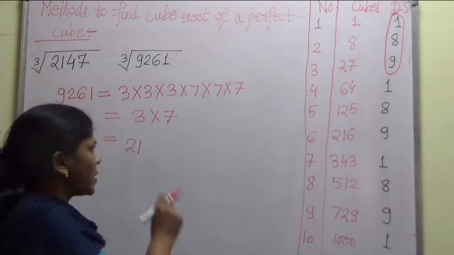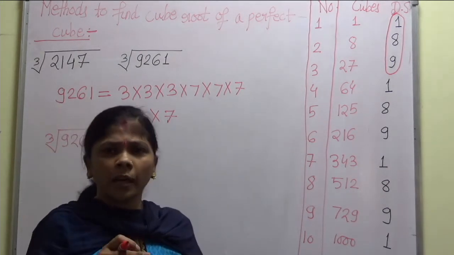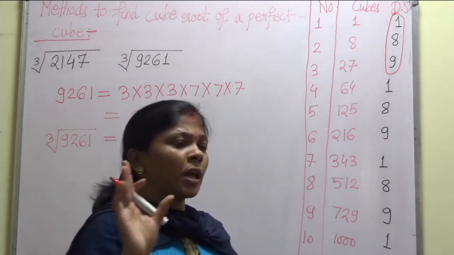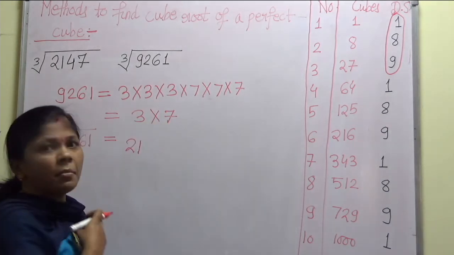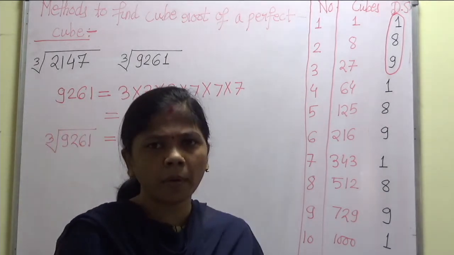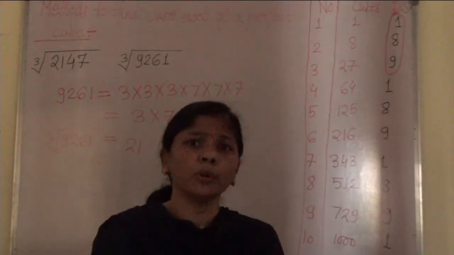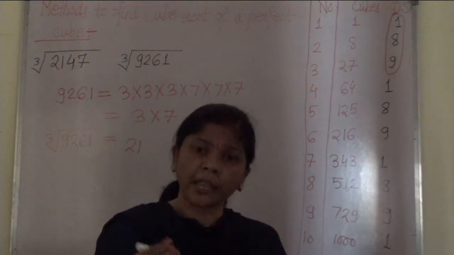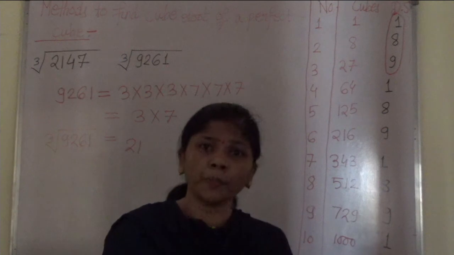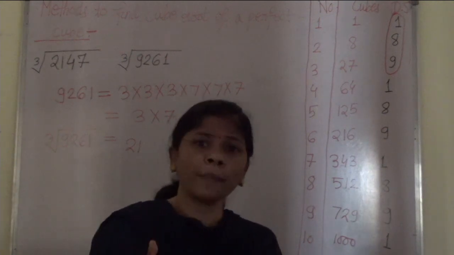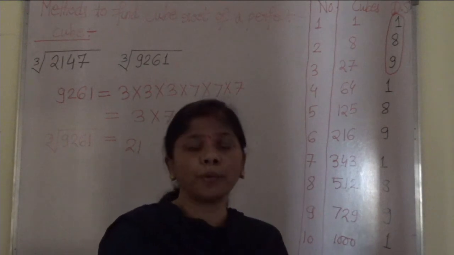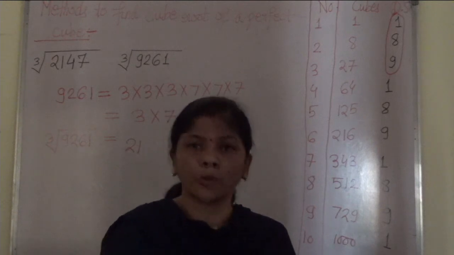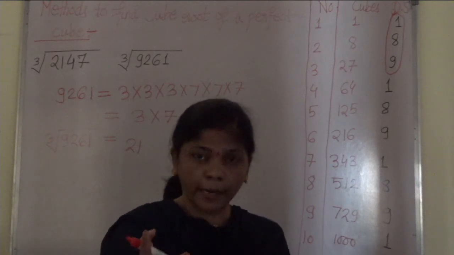So in this way, though the digital root comes out to be 1, 8 or 9, a perfect cube can be confirmed only after prime factorization. Remember, the digital root helps you eliminate non-perfect cubes, but it does not assure you that the given number is a perfect cube. This point must be clear to you.